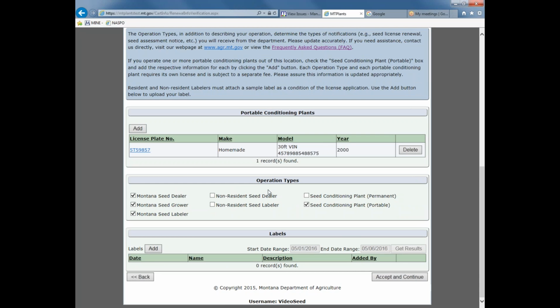Then verify your operation types. Make sure they are still current and make any necessary changes. All seed labelers are required to submit a sample of their label. To add a label, select the Add button,